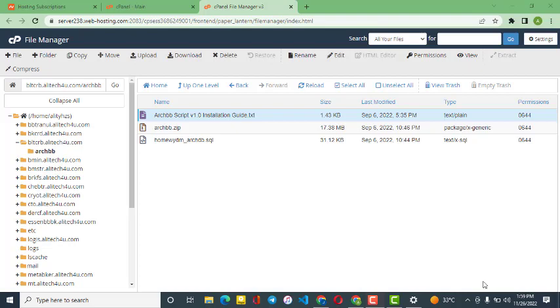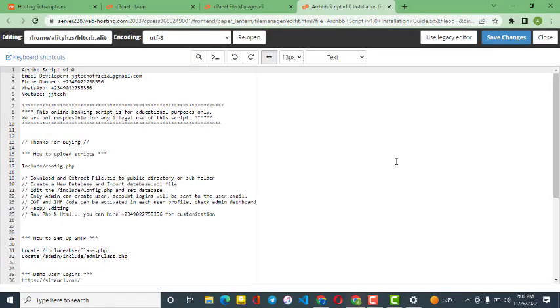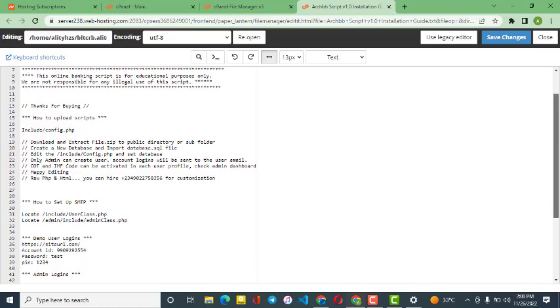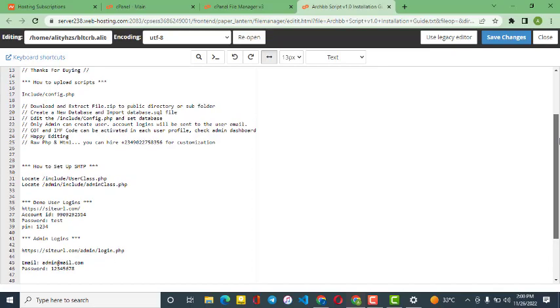It's a complete guide on how to edit, how to go about setting up this particular online banking script. Now let's take a look at it. Let's see what's inside. Let's take a quick look at it, and then we can go back to our video. So this is it. You see JJ Tech, you see extract, you see all the guides there, and it's also saying you can actually